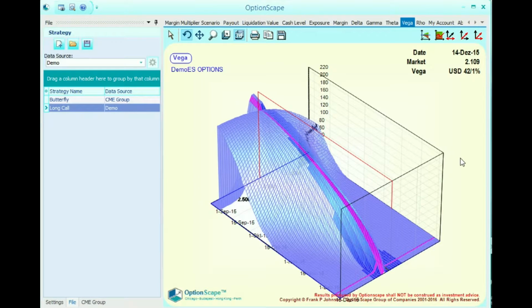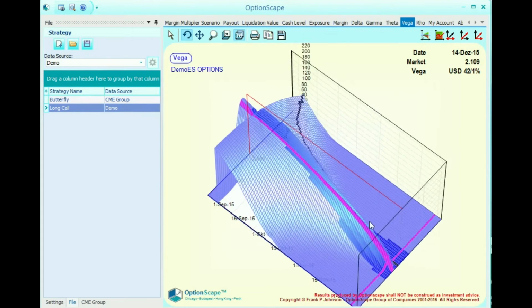This is a lot of fun also when you are going real-time live into the market with a class, analyzing technically the market and the volatility, and trying to figure out what would be the best strategy under the given scenarios and assumptions. And it helps you really to get a much clearer look into your more complicated strategies. I hope this has helped you a little bit, and you will use OptionsScape.